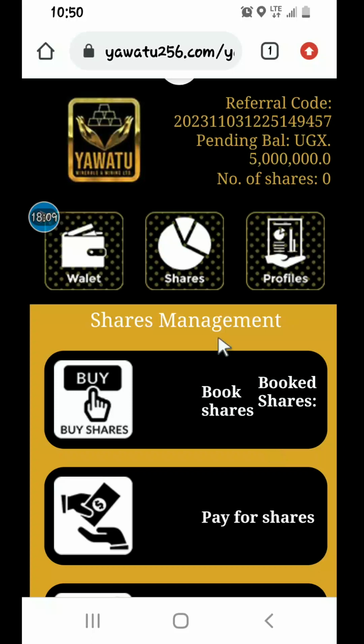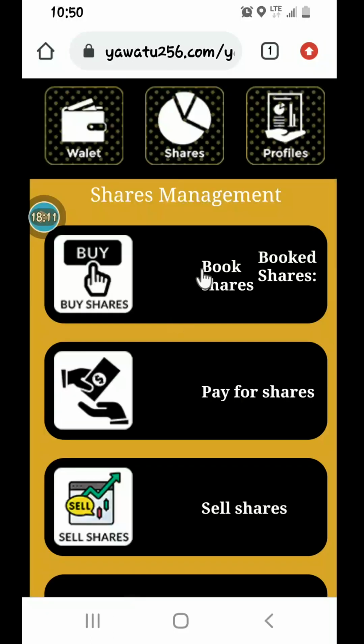So let's go to booking, because as we are waiting for the pending deposit to be approved, the admin has to confirm with the payment method, whether bank or mobile, that the money is there, then you'll get a confirmation message. So let's go to booking. If you click booking here,